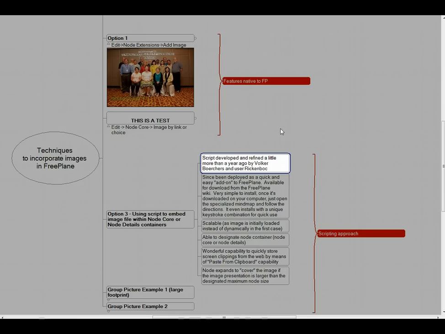Option 3 is not native to Freeplane. It is really an add-on script that was developed about a year ago by one of the premier coders in the Freeplane programming team, Volker Borchers, and user Rickenbach collaborated together to create this little simple script that allows you to bring in